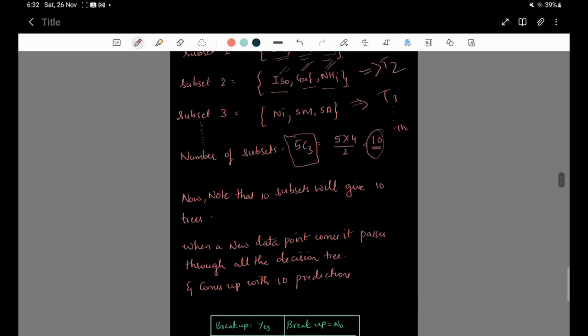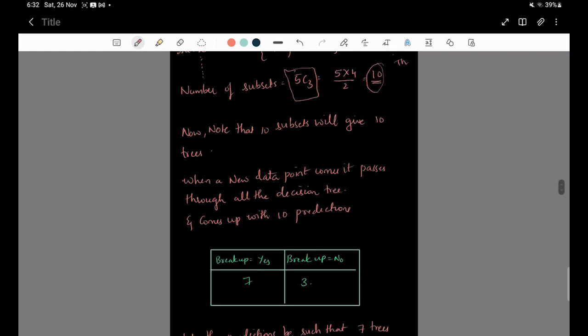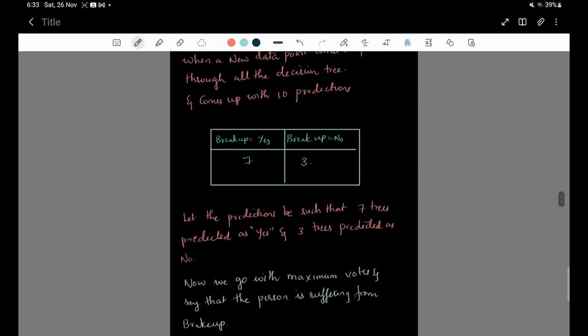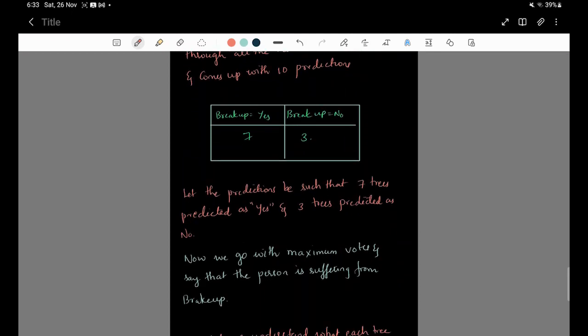Now once the 10 trees are built, when a new data point comes in, the data point will be passed through all the trees and all the predictions will be taken into account. Let's say 7 trees say that breakup equals yes, and the output is no from 3 trees. Now basically what we would do is consider the one which has got the maximum vote. Now you can see that 7 trees predicted that breakup equals yes,